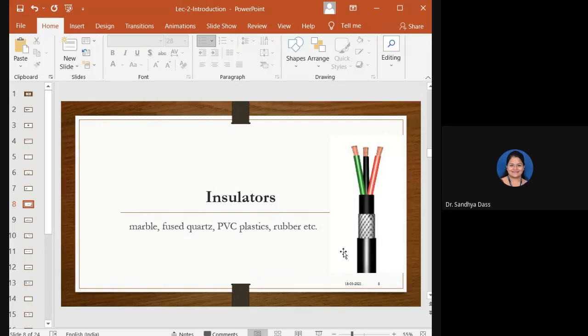So insulators play a very important role within electrical and electronic circuits, because without them, electrical circuits would be incomplete, isn't it? That's why this figure is put up there. Look at the cable there. Inside the cable, you have the conducting material, say the copper wire. But for avoiding or reducing the external noise, the insulating material, that is the plastic, is covered over the cable. So insulators are also important in electronic systems.